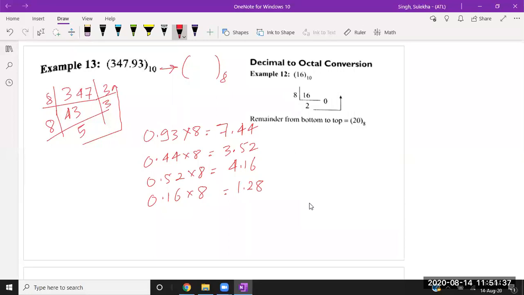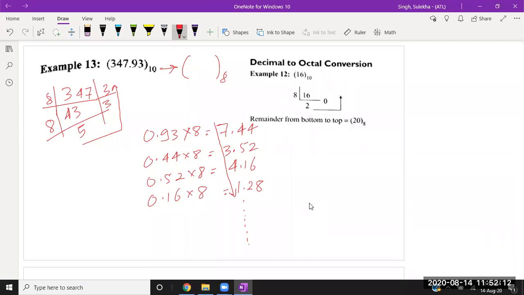Okay. So you can see that there is no recursion for these four values. Recursion means it may happen that after this value and this value, you will get 7.44 again and 3.52 again. If this is happening, we can say that 7 3 are recurring numbers, and 7 3 will occur infinite times. Because these are not recurring, this is going to be a very long number. So we will consider only four numbers and we will write our answer in this pattern.